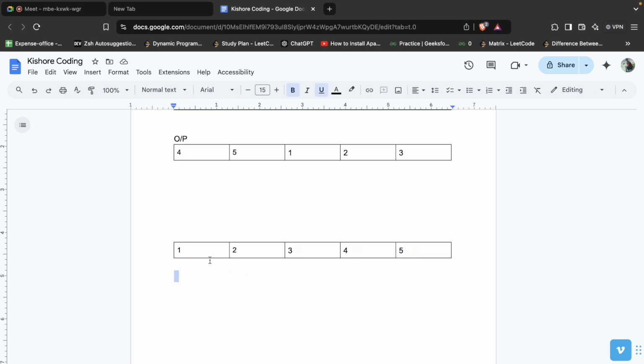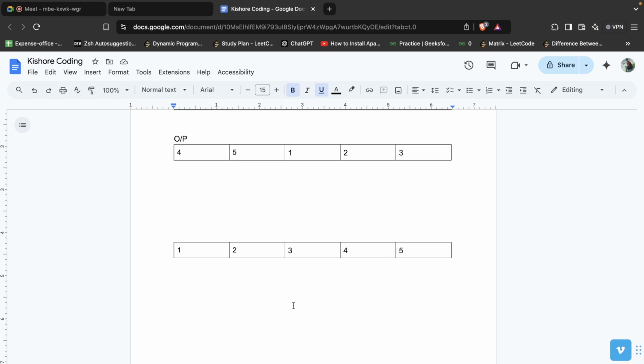What is the 2 and 3? 0 to k minus 1, k to length minus 1. Instead of k minus 1 and all, in numeric form you can say 1 to k. 1 to k is 1 to 2, right? If k equals 2, if I have to rotate it twice. So from 1 to 2 I have done a partial reverse, and from 3 to length 5 I have done a partial reverse,